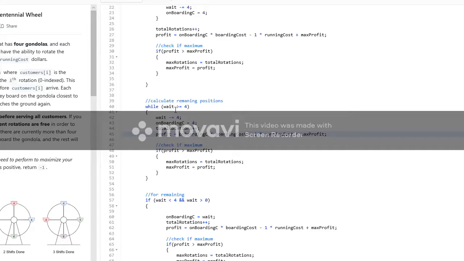If we have more than 4 clients waiting, we remove them from the waiting list, onboard them, increase the rotation, apply the mathematical formula, and then check if it is better. If it is better, we update, else we don't update. And then finally, if the remaining is below 4, we do this exact code.